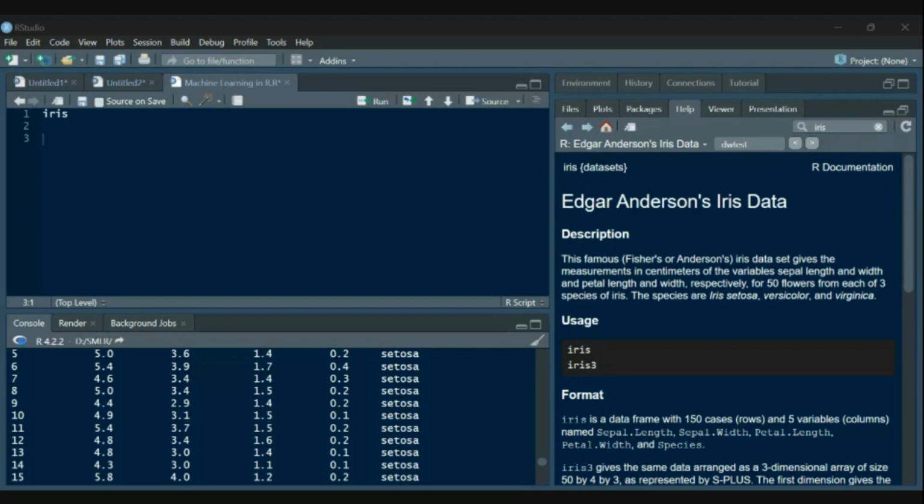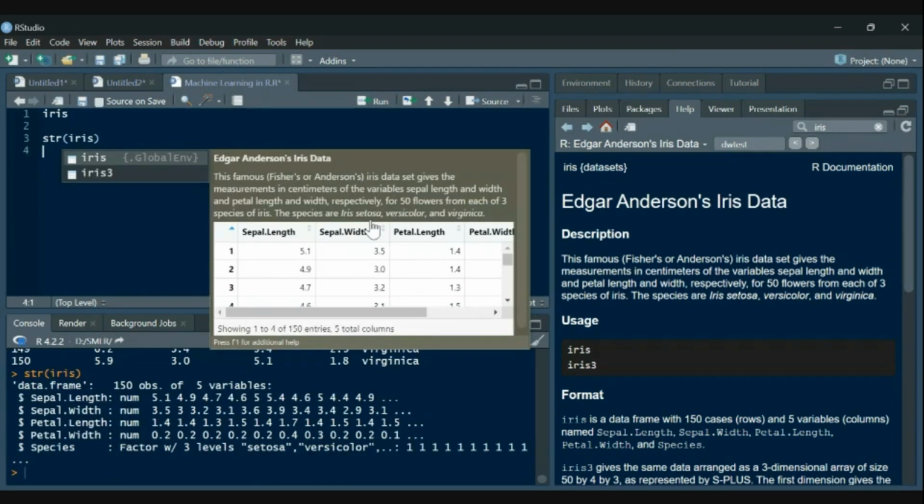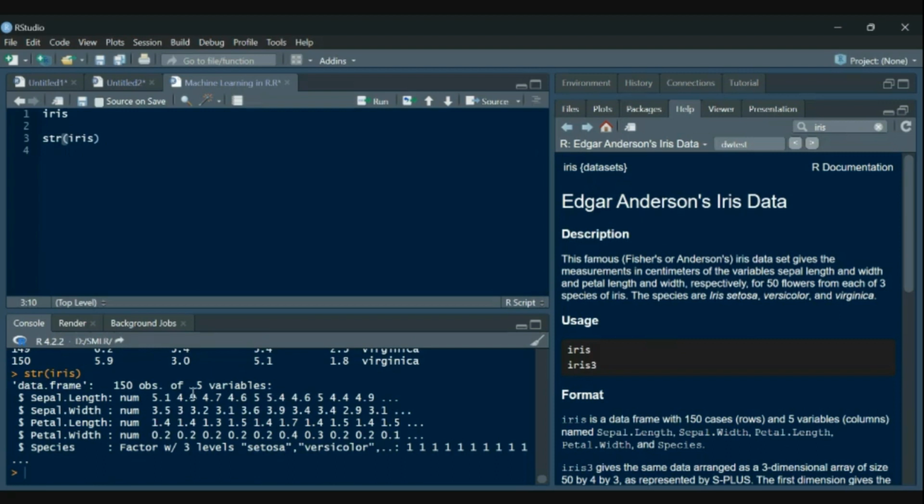Now let's check the structure of this data set. It has 150 observations of five variables: sepal length, which is numeric, sepal width, numeric again, then petal length and petal width, the same, and species is in the form of factors. So this is the structure of the iris data set.